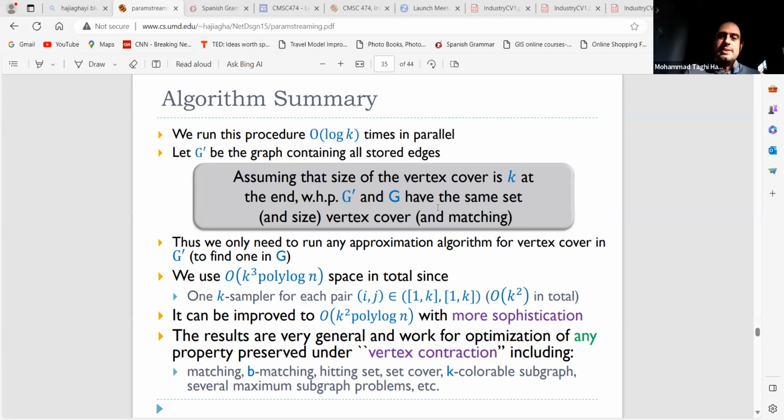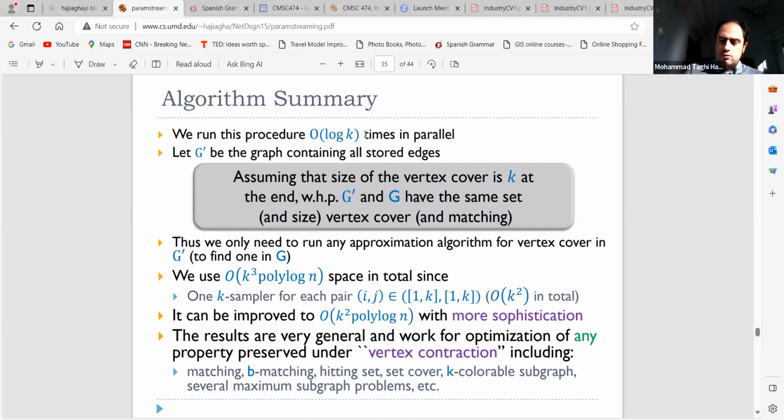So that's essentially the way that you can get it. And this approach, essentially, instead of just keeping these edges or vertices, hash them into k labels, and for each pair of these labels, keep one edge at any time. Just make sure that you have it. And that is the reason that we can use k samplers here. This approach was quite non-trivial, and it actually works well.